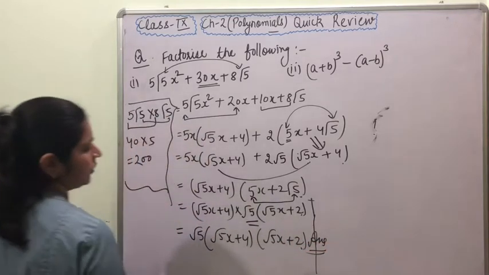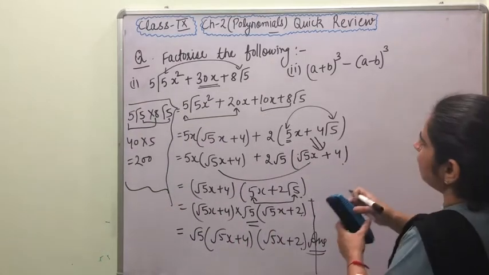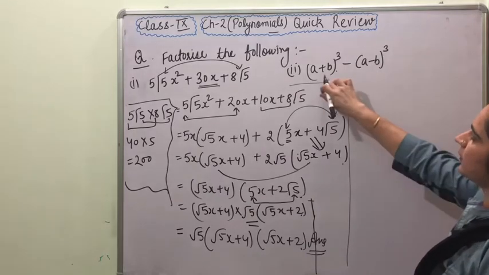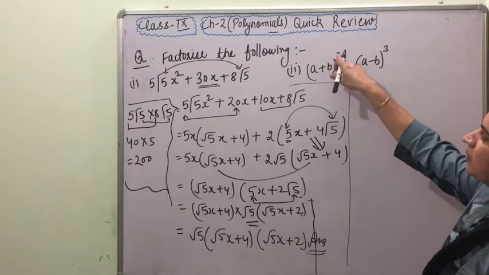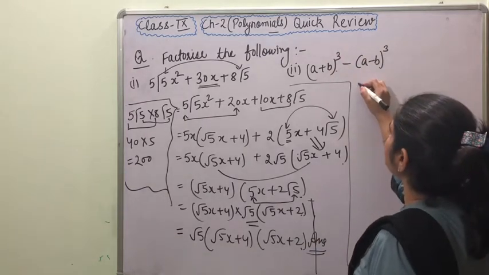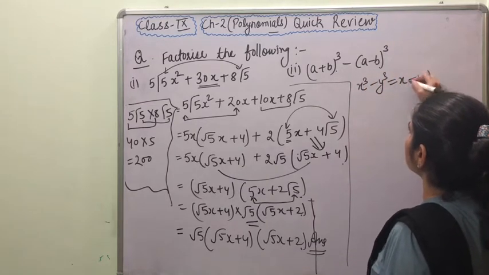Now next question, this is the final answer. Now next question, we have to factorize this one applying the identity. Let this be a cube minus b cube, or simply we can write x cube minus y cube. Applying the identity, here we are using the identity x cube minus y cube is equal to x minus y,